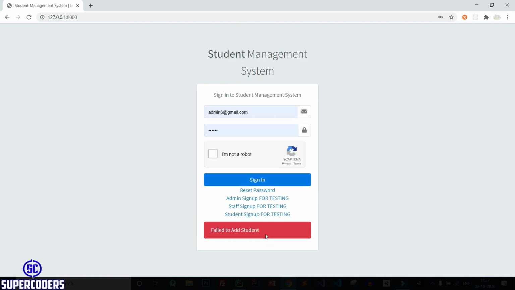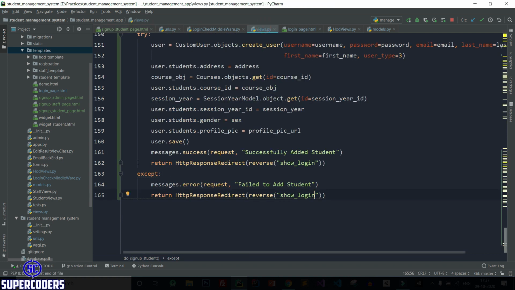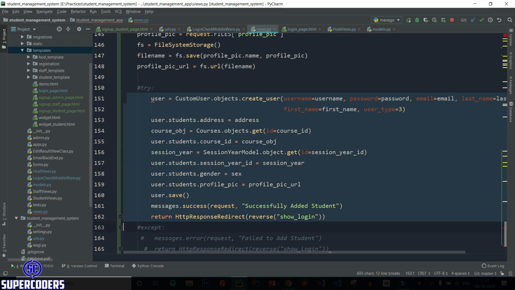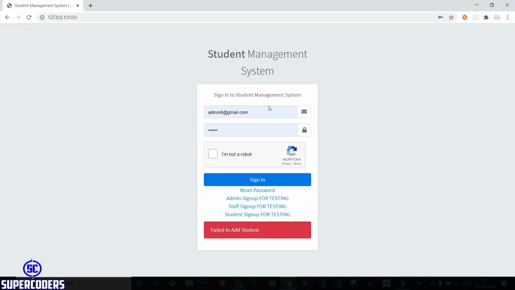So let's see what is this error. So back to PyCharm and do one more thing, come to views, remove this try catch block, remove this try block and let's remove this tab and save it. Back to Chrome, let's check what is this error.